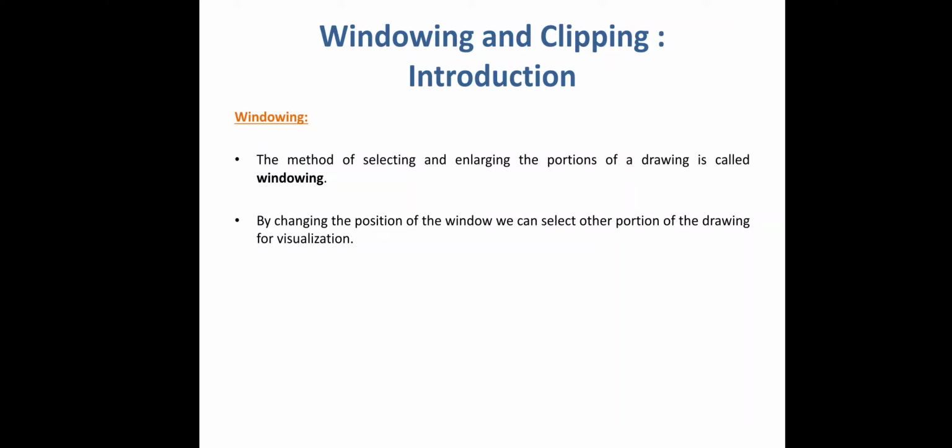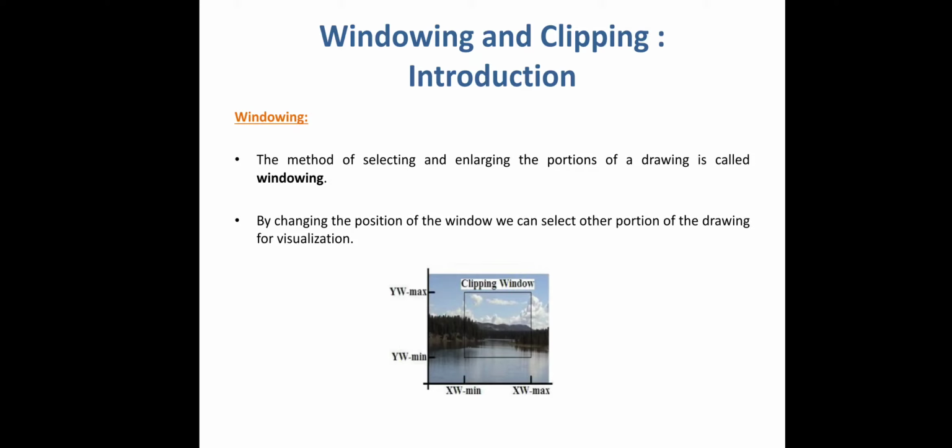But here we cannot limit what we want to see on a computer screen just by drawing the window frame. Here you can see an example of a window. Suppose this is the scene we can see. Now, this is a window. This rectangle is showing a window, and this window is limiting some part of that scene, right? It gives a limitation to see all the parts of this scene. So, from this window we are going to capture only this much part. This is the example of a window.